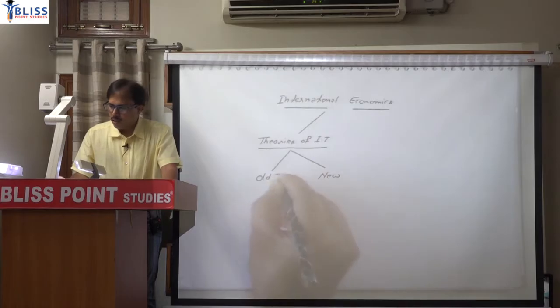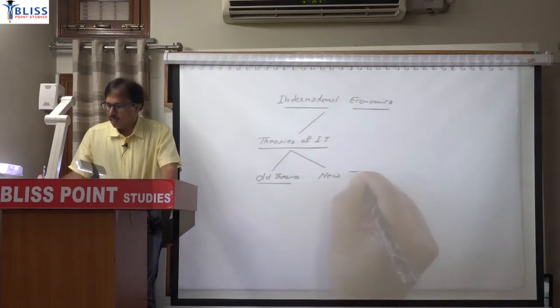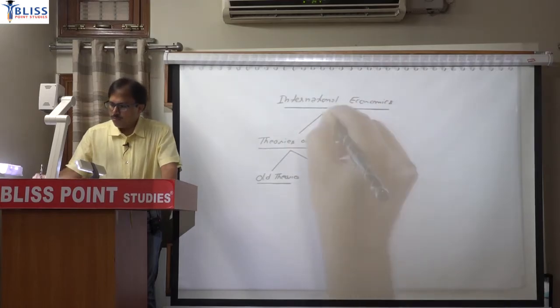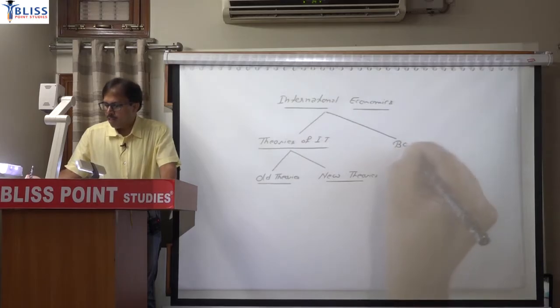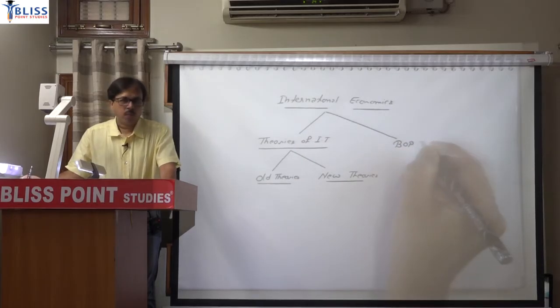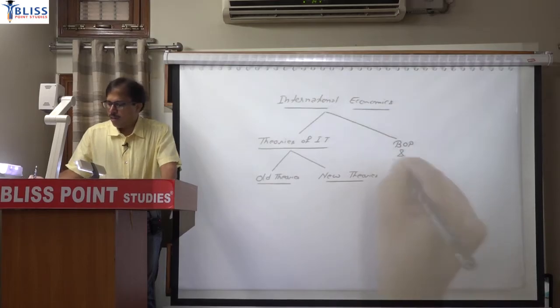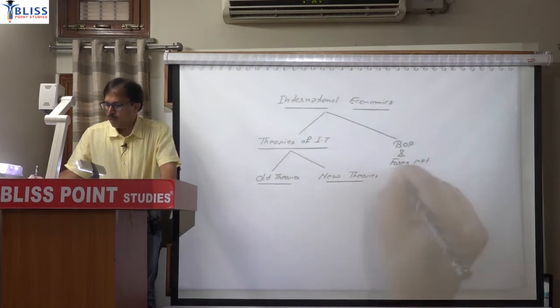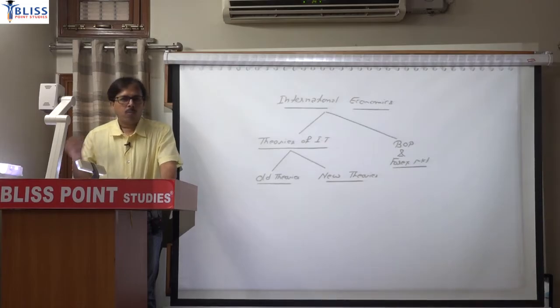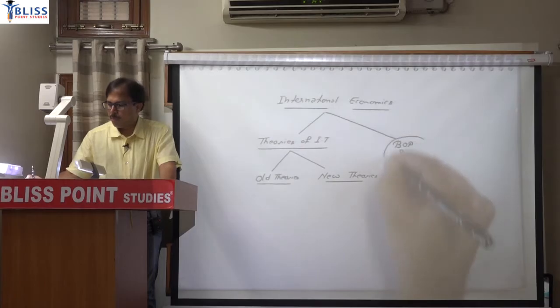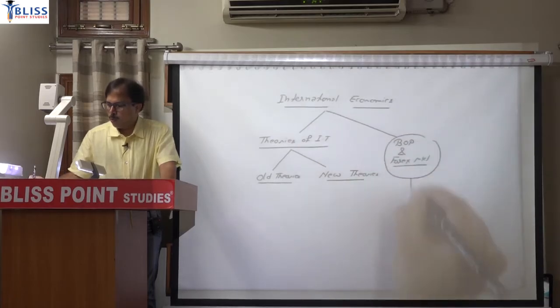So there are certain old theories and new theories. The second section of international economics will be mainly balance of payment and the concepts related to that, and the foreign exchange market and the concepts related to that. That second section is mainly macro in approach. If you are referring to balance of payment and foreign exchange market, the approach will be